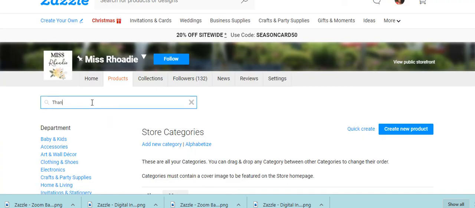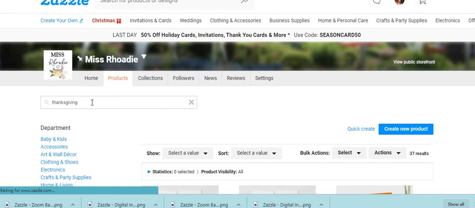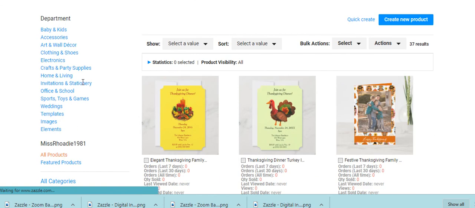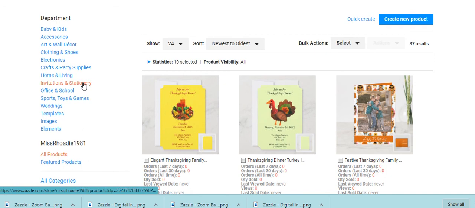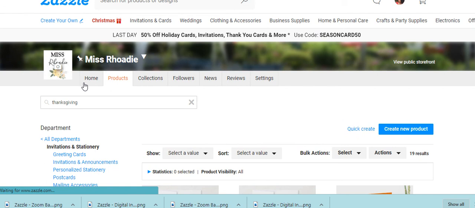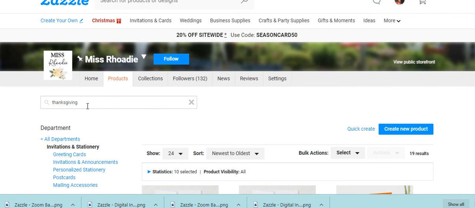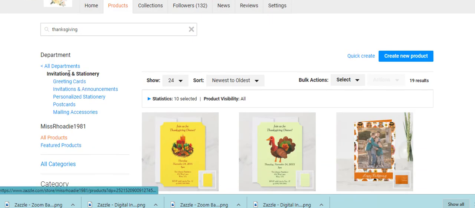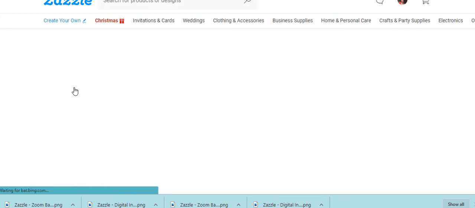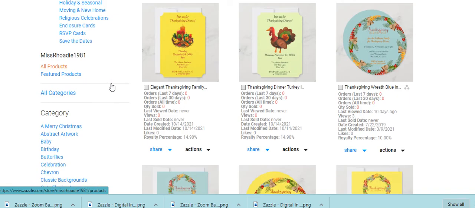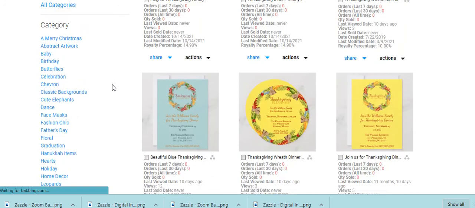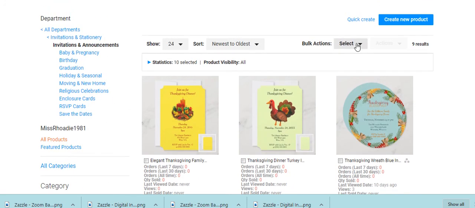And then Thanksgiving again, and go to invitations and stationery. And the reason I don't make it as specific is because sometimes all of the invitations may not show up. So I keep it general, kind of broad, and then I narrow it down by the department. So now invitations and announcements. So I want to make sure they're all my Thanksgiving Day invitations, and they are. Select all,